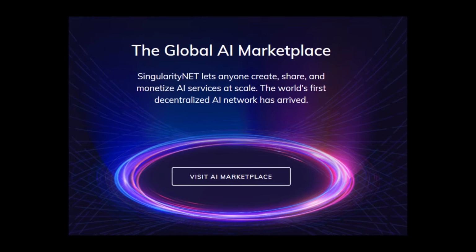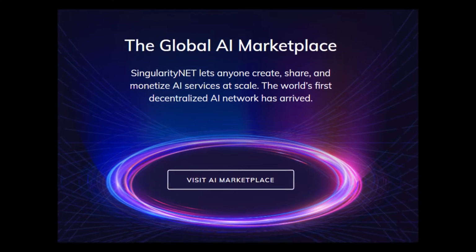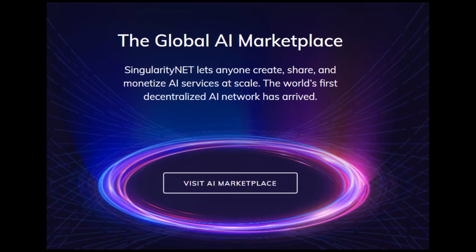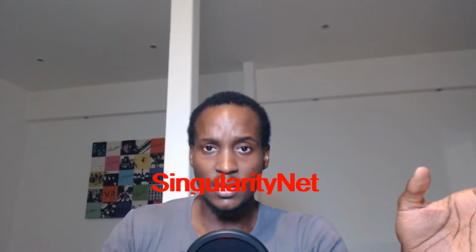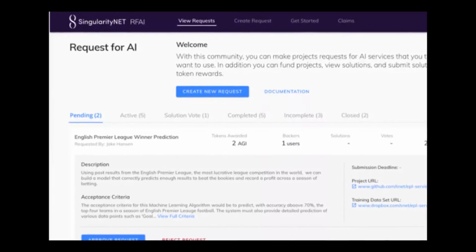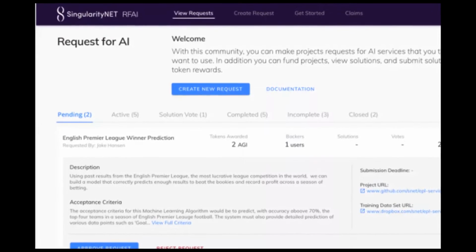And SingularityNET, their main focus is linking developers and businesses and individuals. So it links that relationship. So for instance, you go to the marketplace and you find that there's data out there in Ocean Protocol. So there's a use case, there's an application, but you don't have that application, but you need that application. So you can actually publish what you need. A developer out there sees what you need and they start developing. So as they're building that application, you're incentivizing them using these SingularityNET tokens, which are the AGIX tokens. So those are the key differences about these platforms.